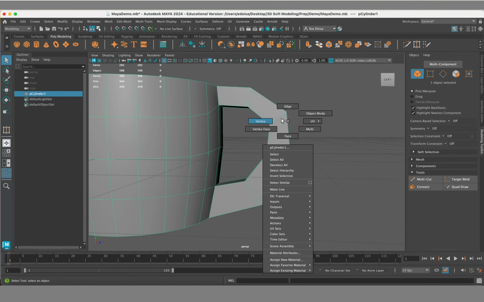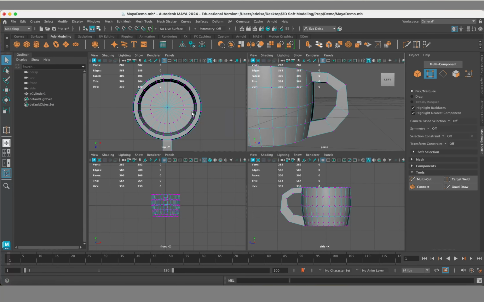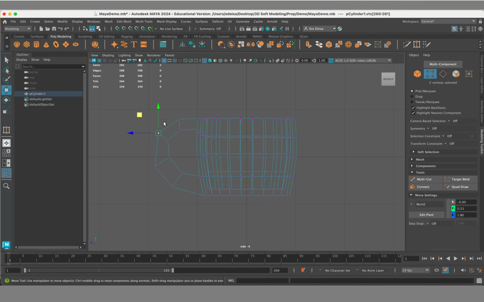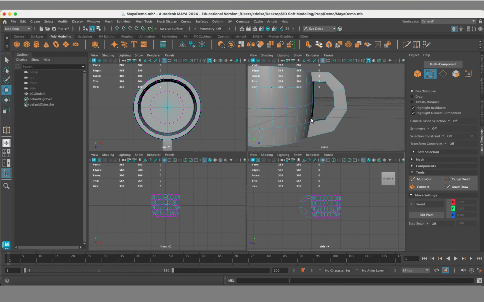So then Q to exit the tool, and now we can go into one of our side views and select the vertices. I'm actually going to go ahead and go into wireframe mode and play around with them. Make sure that they match our profile of the mug. So I'm gonna go in a little bit, just out a little like that. Cool, so I'm gonna just keep tweaking it. Nice. All right, so now I like the way it looks from this side,